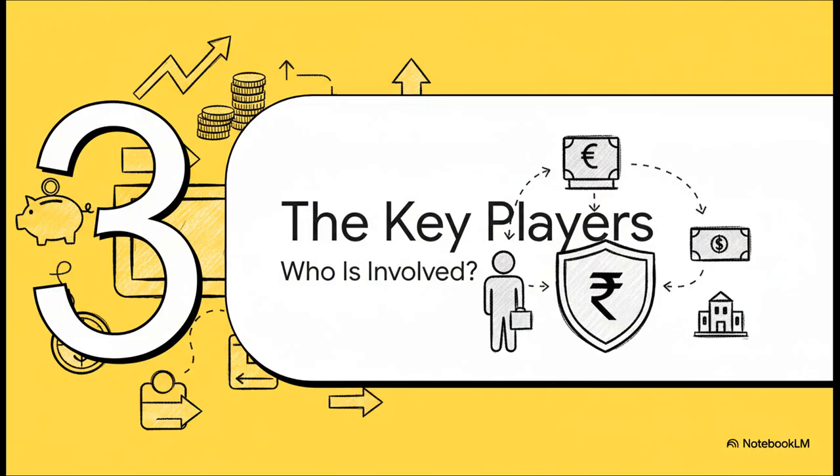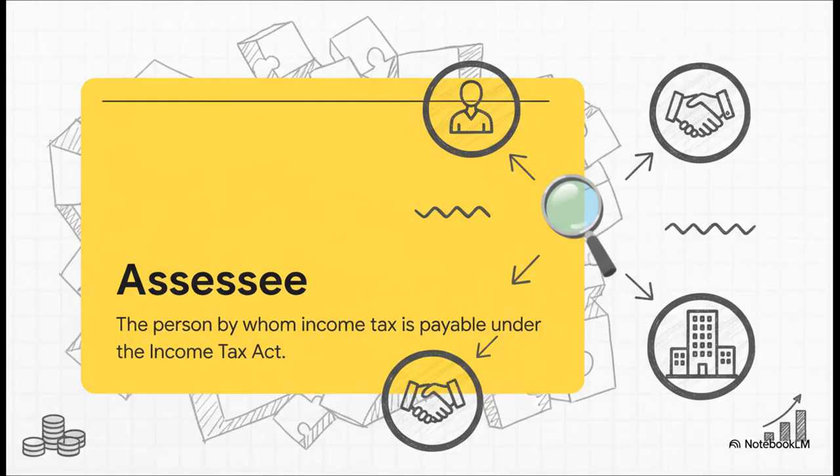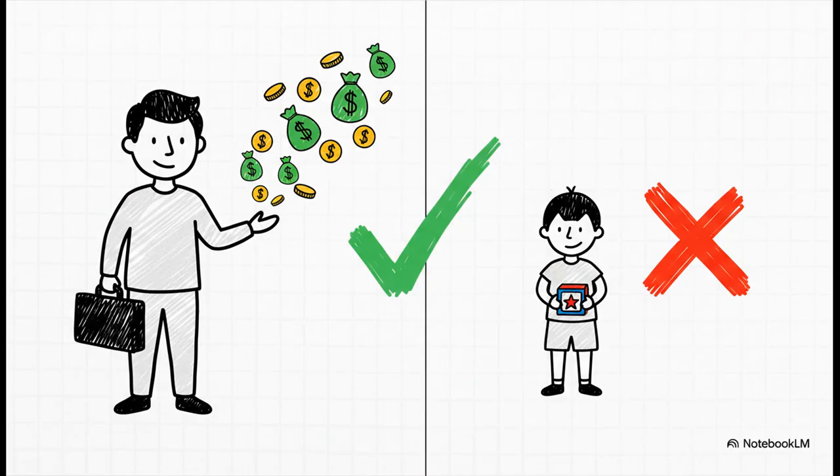All right, we've got the what and the when down. So who's actually involved in all this? Let's talk about the who in this whole equation. In the official language of the tax world, the main person is called the assessee. Sounds complicated, right? But it's just the legal term for anyone, a person, a company, whoever, that has to pay tax. Let's just cut through the legal speak. What does it really mean? It means you. If you're earning taxable income, then you, my friend, are the assessee. It's really just a fancy word for taxpayer.